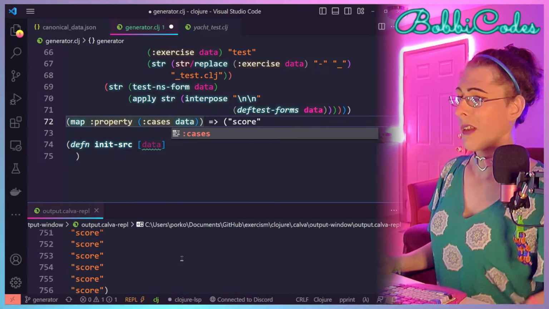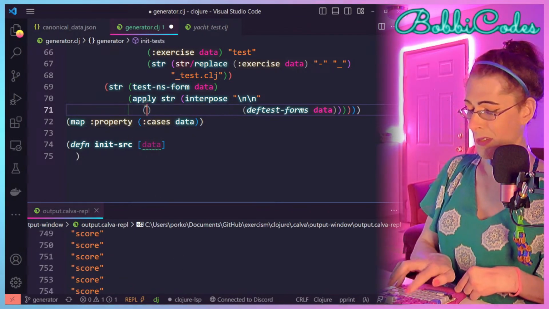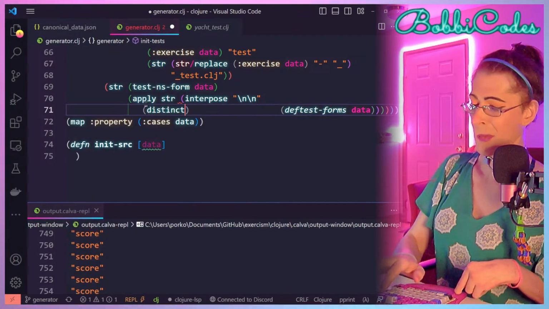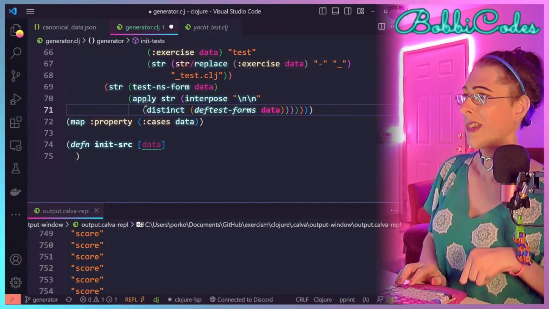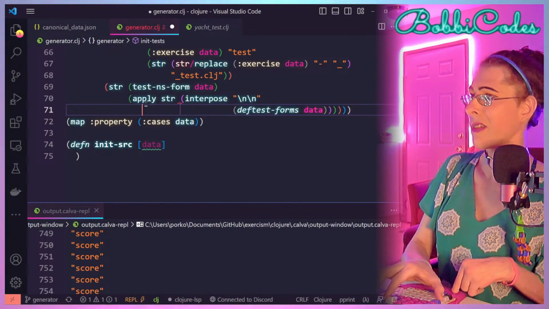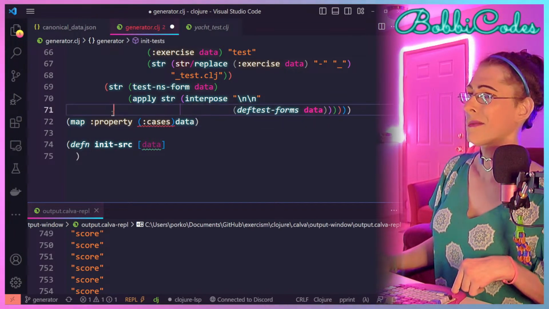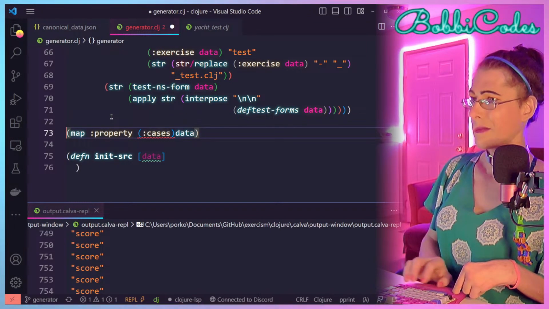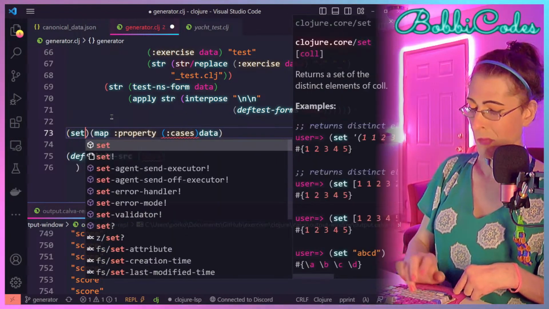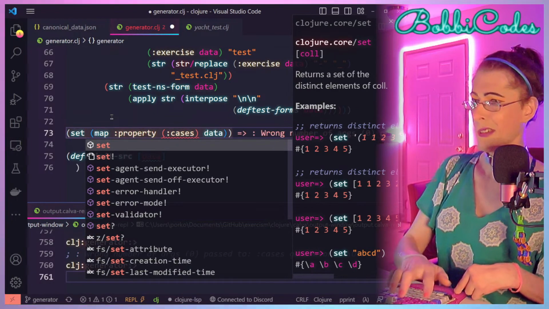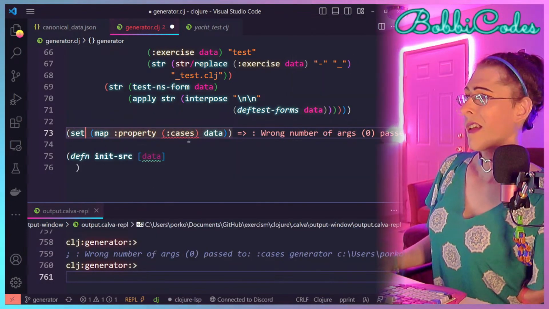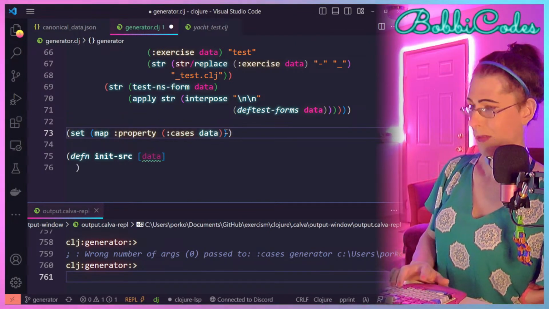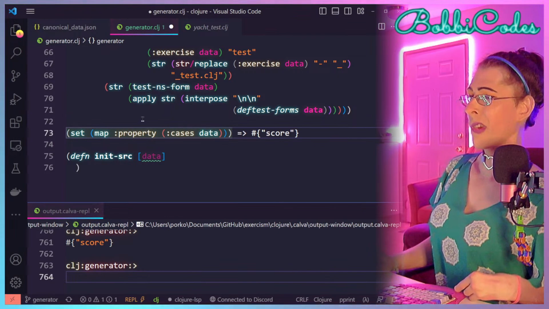There. And then we'll use the distinct function, which is the same as creating a set, except... Wait, what just happened? I put it in the wrong place. We could turn it into a set, but we don't really want a set.